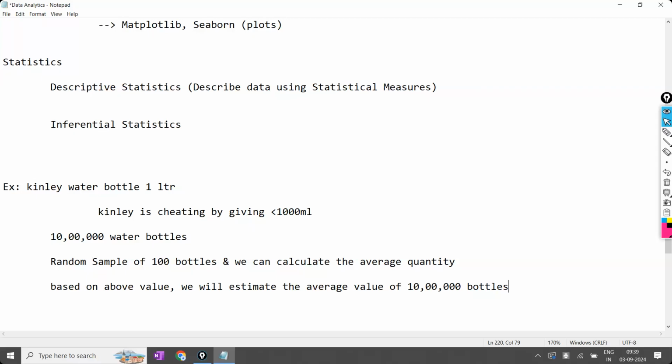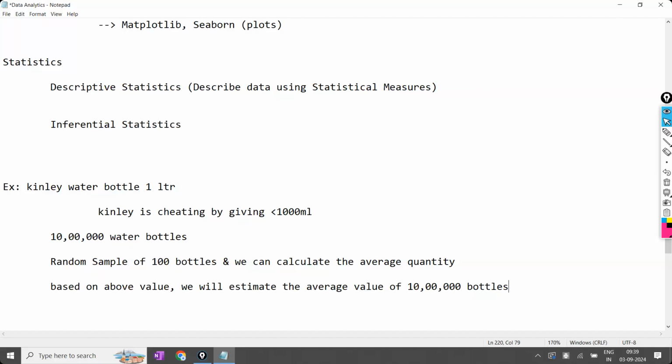Like that, if even one record is missing, meaning out of 10 lakh people even one doesn't respond, it is called a sample only. Only if the entire data is there is it called the population. If even one record is missed, it is called a sample. Is the point clear? And estimating the population based on the sample is called inferential statistics.